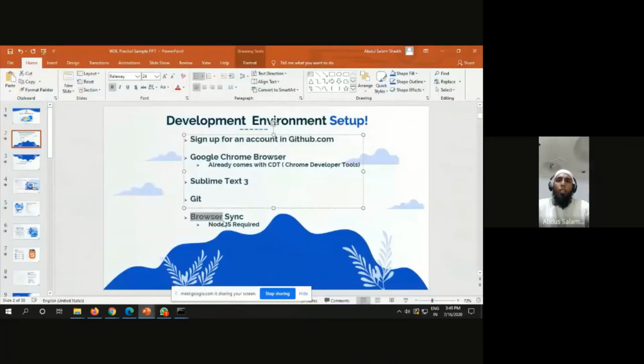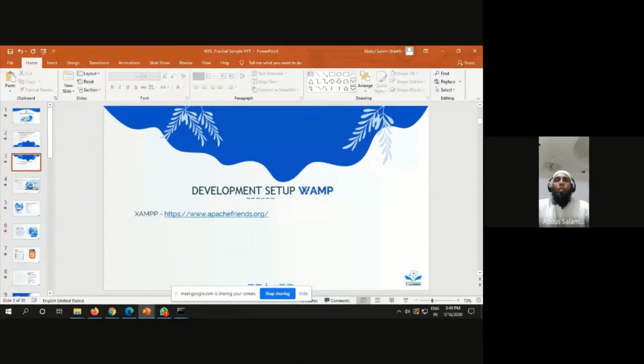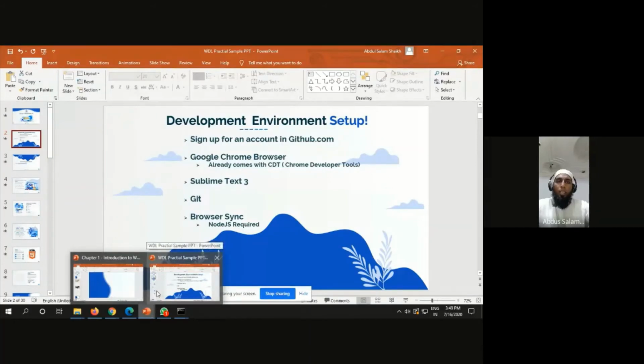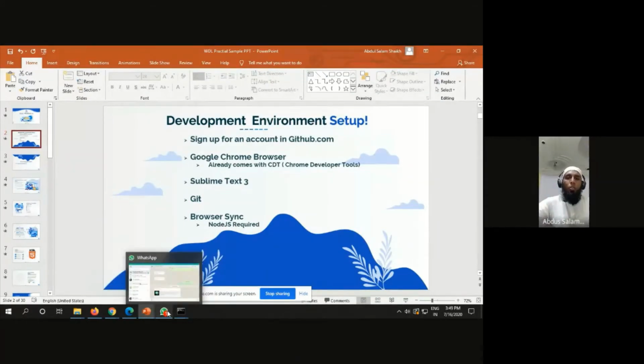And so here we are going to complete our first initial setup. The next setup we are going to see is about WAMP and LAMP. This will be part of a practical. I hope that you have understood what I have just explained. We can take a break of 10 minutes and come back. Meanwhile, I'll share the attendance link also with you. Is there any doubt? Just let me know in the chat box, or you can ask by voice.